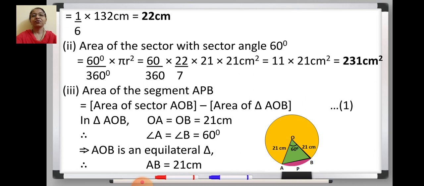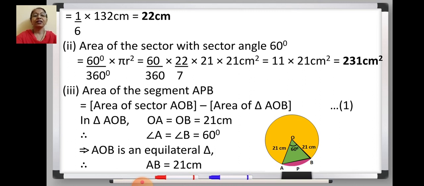Now we have to find area of segment, which is shown by red color here in the diagram. You see, segment is shown by red or pink in color. So how to find that area? As there is no direct formula for area of segment, so we will calculate area of triangle first, and from the sector we will subtract area of that green color triangle.